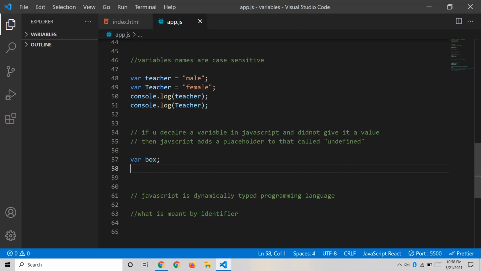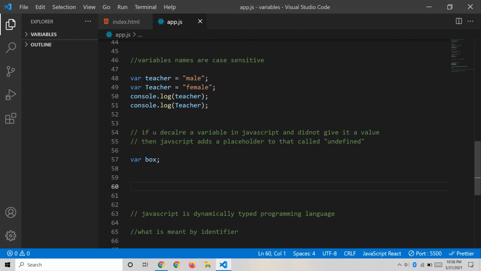So it will take that sticker and it will open that box and it will place that sticker inside that box. Now again, after some time in the code, if you give value to that variable, something like box equal to sugar, so there should be sugar inside the box. Now again JavaScript goes back to that box, it will remove that sticker and throw it away, and by removing that sticker it will replace it with this sugar value. So that is undefined. I hope you can understand.